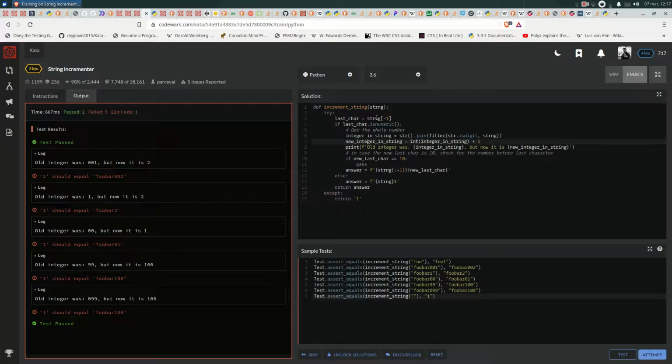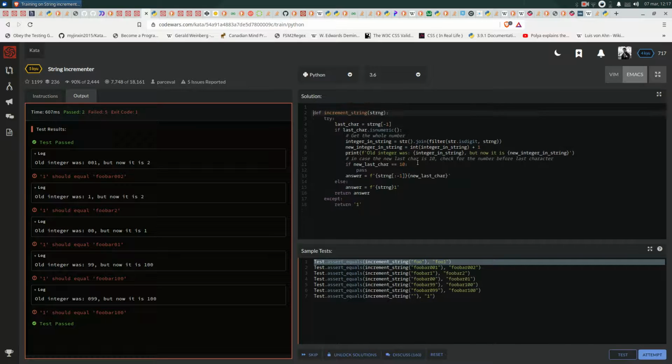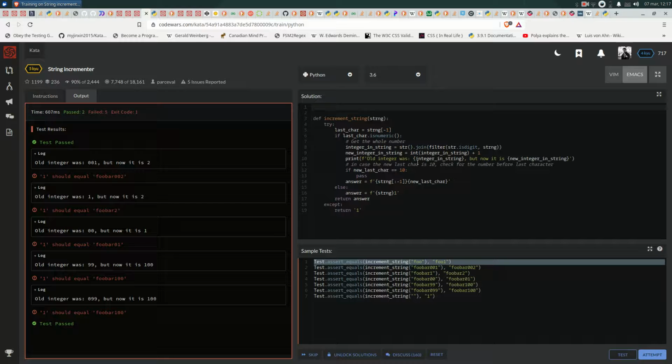Let's char string 1. Only this one passes and the first one. I guess now I would really approach this problem a different way. And I guess we have a guarantee that